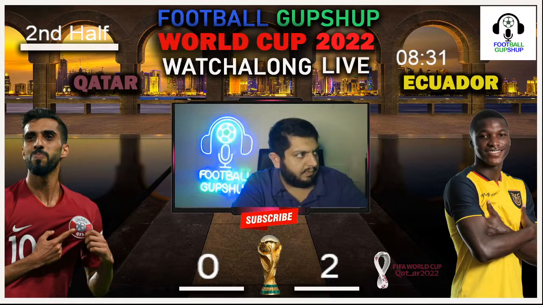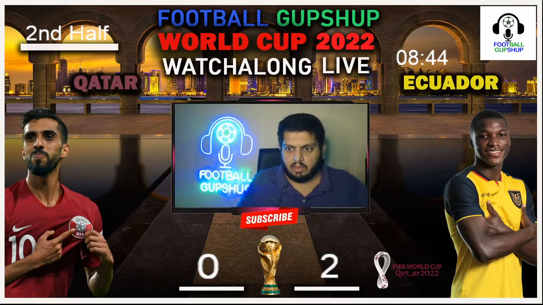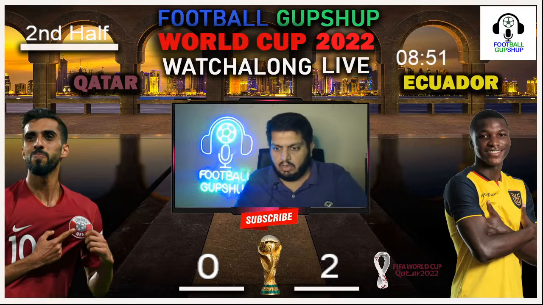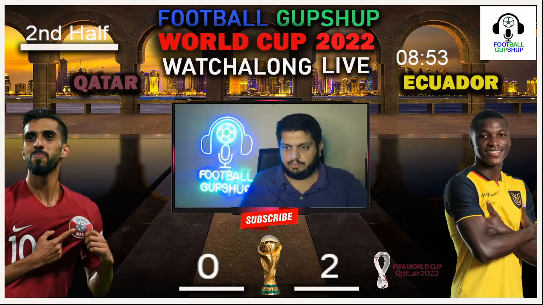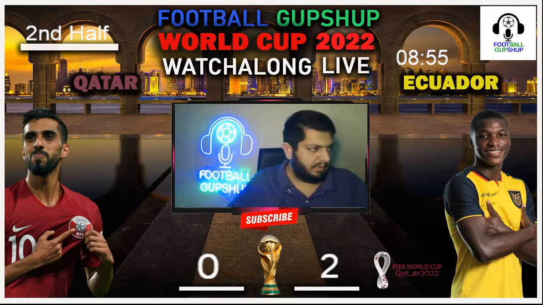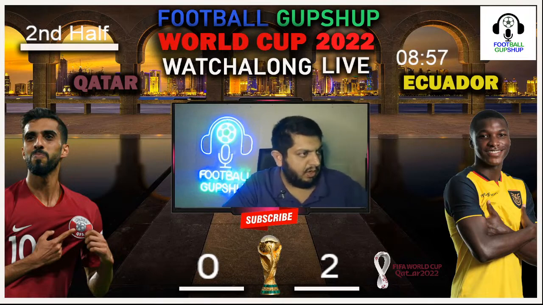And the Qatar player is trying to get up. And let's see if he'll be fine, it will be okay. And Felix Sanchez is watching from the touchline. So let's see what is going to happen. So let's see what is going to happen here. Qatar once again on the ball.